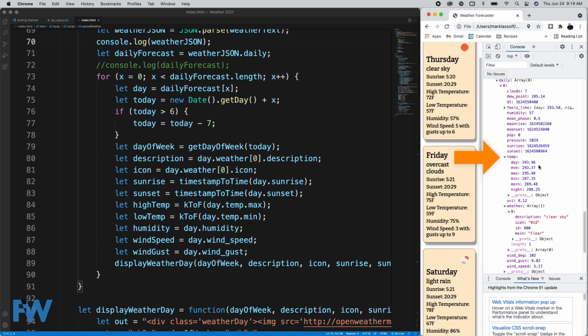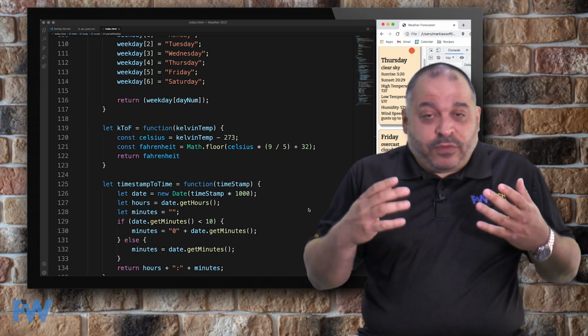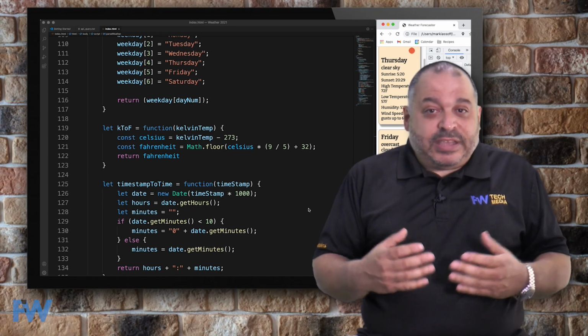Now, these numbers may look a little crazy to you. This particular API by default uses the Kelvin scale for temperatures. So we have to convert that to something human beings know, like Fahrenheit. So you can see we actually use this function on line 84 and 85, K to F, Kelvin to Fahrenheit, and we use the number from the API and we convert it to a Fahrenheit number. Here's the K to F function, which first figures out the Celsius temperature, which you get by subtracting 273 from the Kelvin temperature, which is passed in, and then we convert to Fahrenheit. Now, if you're in a country that uses Celsius, you can, of course, eliminate that step if you'd like, and simply display the temperatures as Celsius.